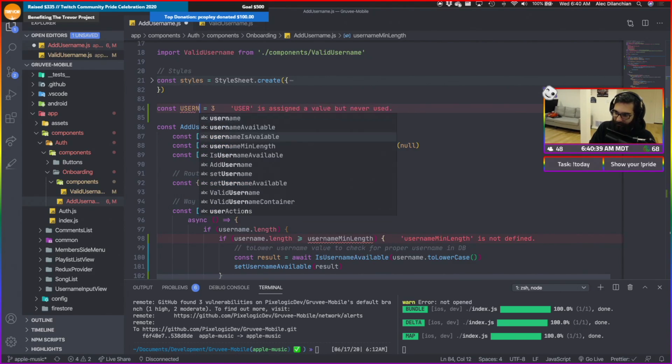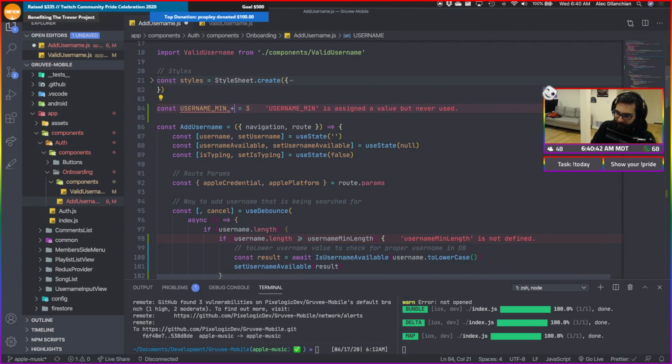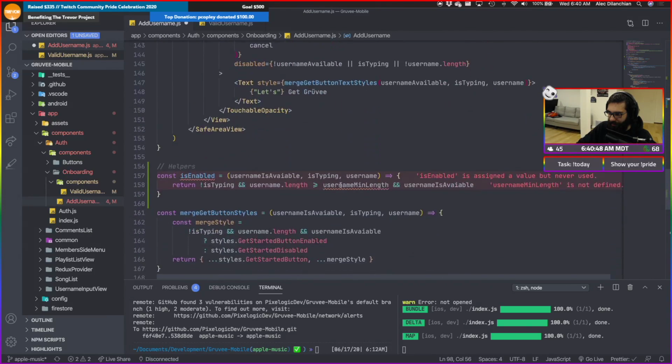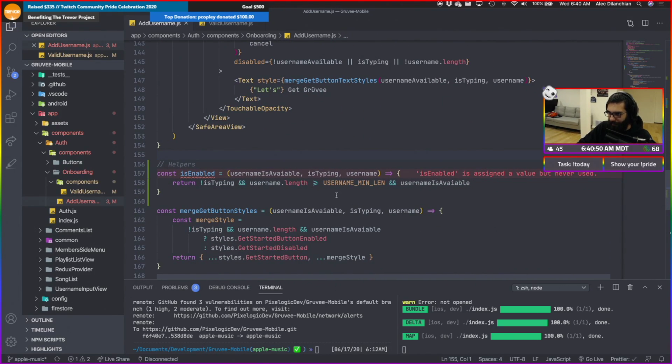We'll change this up a little bit, so we can access that there as well. Cool. So if we're not typing and the username.length is greater than or equal to the username min length and username is available, we return true. Else everything else returns false.